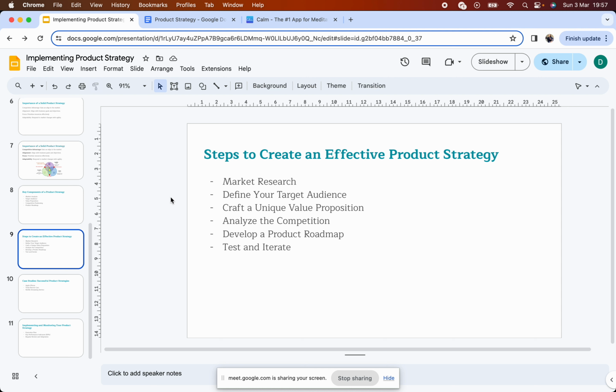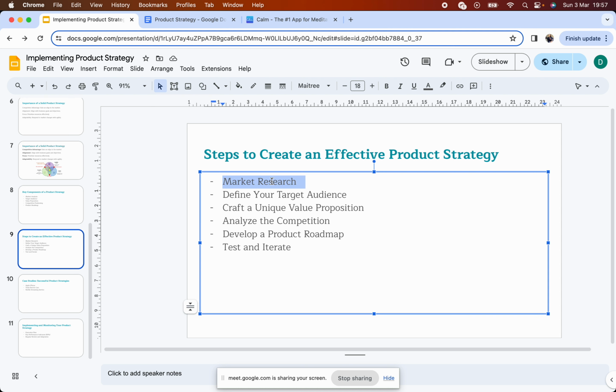What's the best way to do? It's subjective, based on what you see fit for the product that you're doing. And so that's how you define your target audience. So having done the market research, you identify that people need a solution to a problem that you have identified, and you validated that with market research, and then you can define your target audience for it, and then you can create a unique